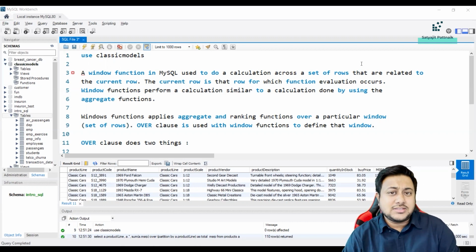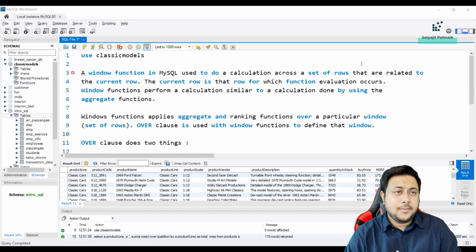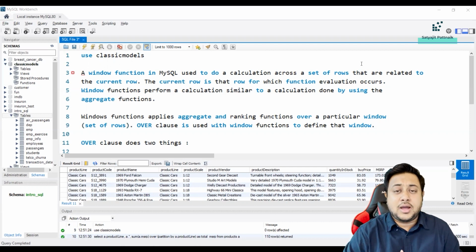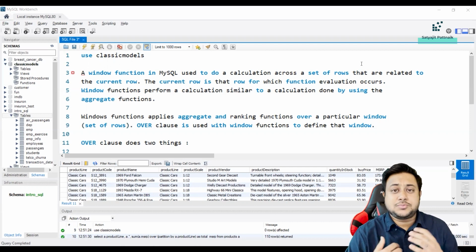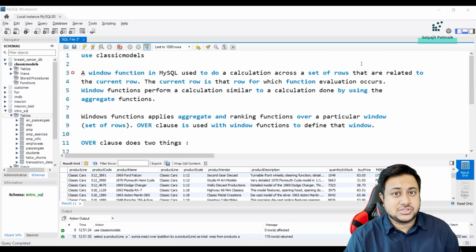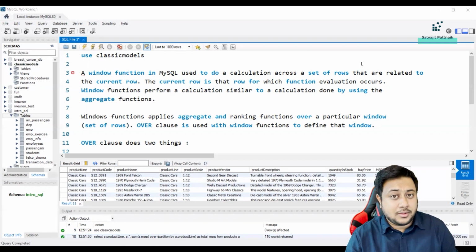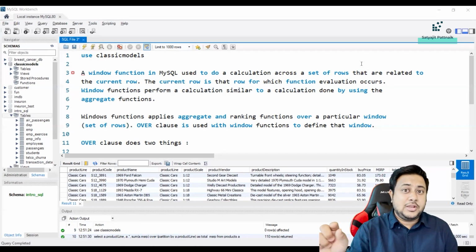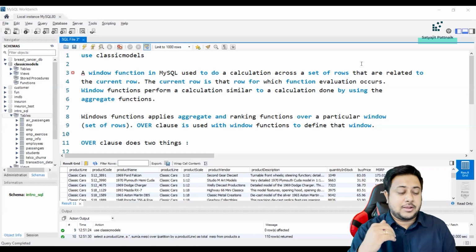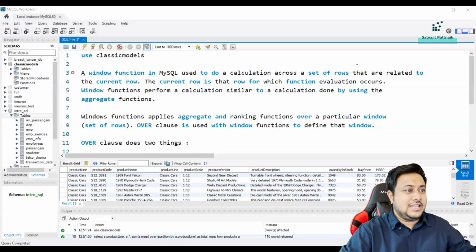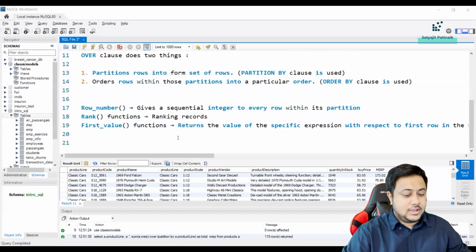Now, if I ask you, can we find the total sales of a particular country or total sales on a particular table? Of course, it's possible by using simple aggregations. But is it possible to have that aggregation as part of a separate column? So that value has to be row by row. For an example, I'll just quickly explain one example. So let's say